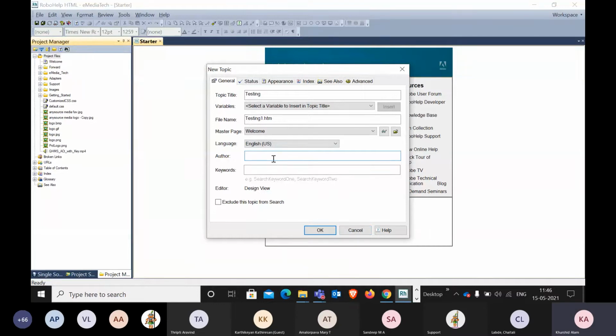Once here in this text box, Author, you can write the author name, preferably write the company name. It is better that your name or employee's name is not reflected here. It means it should be the company name. And keywords are not necessary, but you can add. That is up to you based on your requirement.